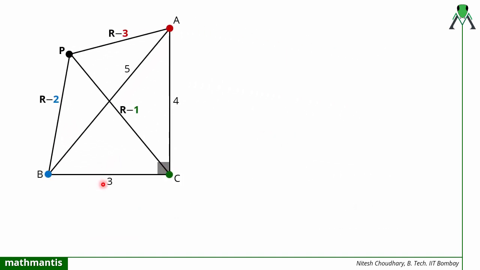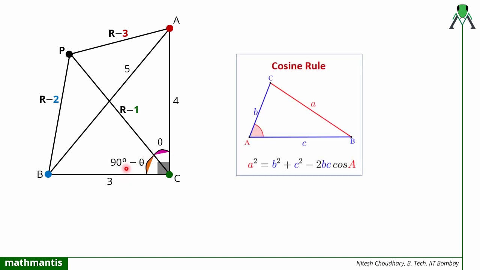So now we will use this quadrilateral. Now we can see that in this quadrilateral there are some triangles here. There is this triangle, there is this triangle, there is this triangle. So I will use the properties of triangles to solve the question now. We have been given a condition, this angle is 90 degrees. So let me assume this angle as theta. So this will become 90 minus theta. Next I will use the cosine rule to solve this problem.